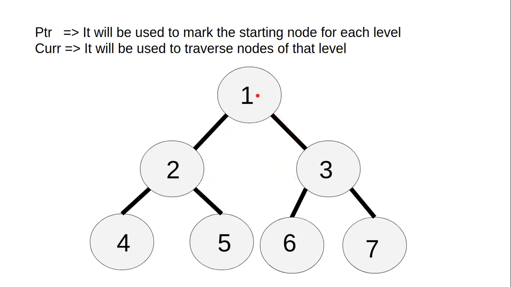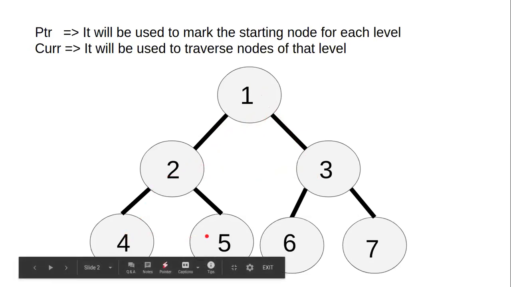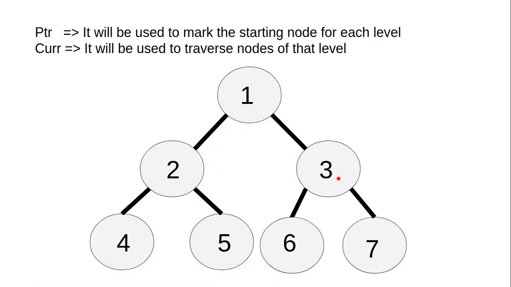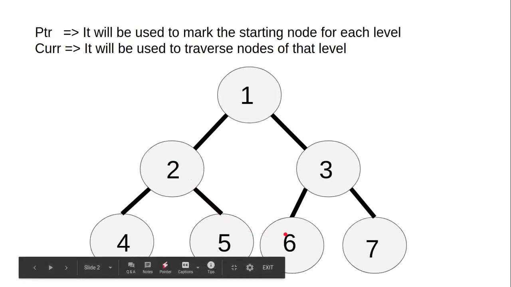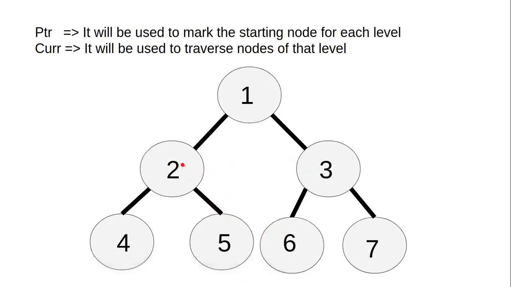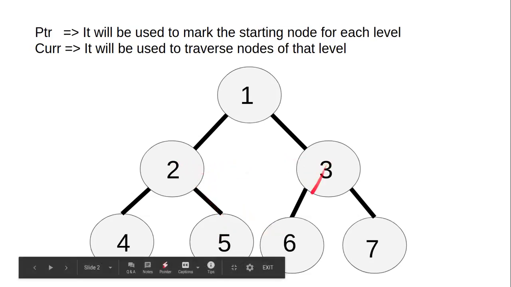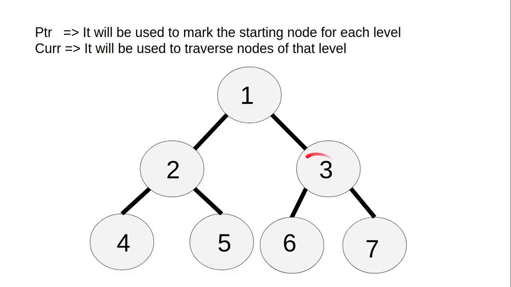But what about the fact that, let's say I am right here, and I have connected both 4 and 5 in the fundamental way. But I can also see that 2 is having a next node as 3. So if that is the case, then can I connect 5 with 6? Yes, I can connect. How? I can simply connect the right node of 2 with the left node of the node which is next to 2, which is 3 basically. So these are two cases I will be walking through all the way in my algorithm.